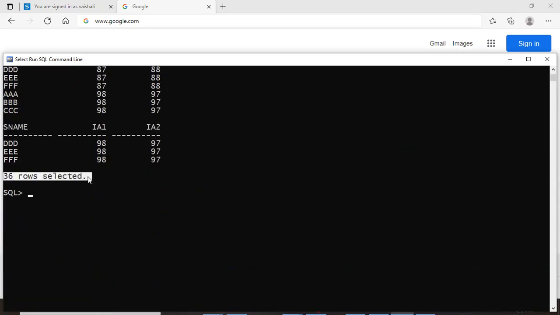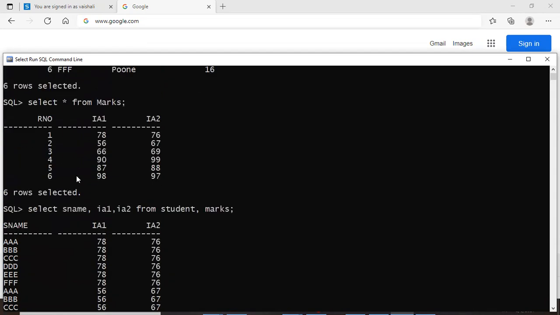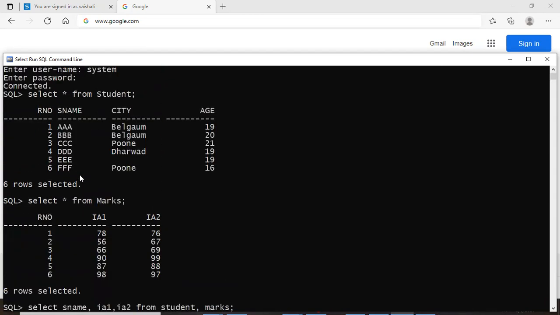So by default, whenever you try to fetch values from multiple tables, what DBMS does is create the output in the form of a Cartesian product. Why does it happen? Because as you know, a computer is a dumb machine, it will not understand by common sense that I have to fetch roll number 4, then attach it to roll number 4 and then select those marks. Your brain has smartly worked like that. Similarly here also, now we have to make the computer do these things.